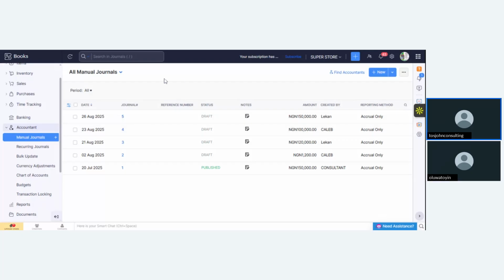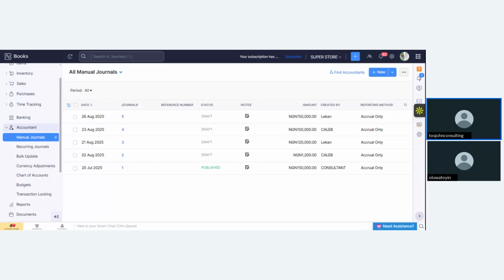And your knowledge of debit and credit must be sound, though. Anybody can say that this is accounting software, I can use it now, I don't need an accountant. But I hear you, right? Do you have that knowledge of accounting, that technical knowledge of what to post, what to debit, what to credit? Because if you don't know it and you just go and post, whatever you are giving us will be rubbish.